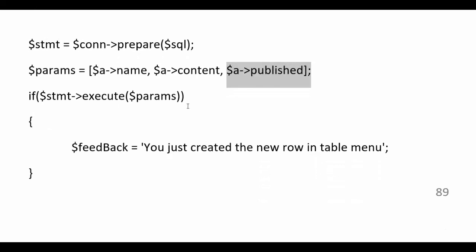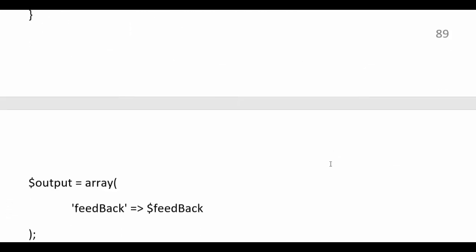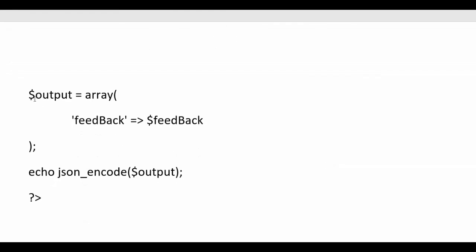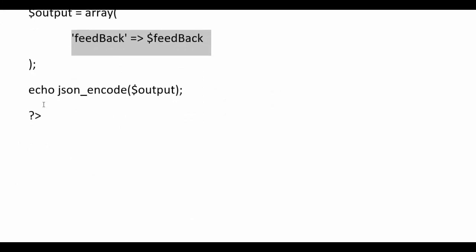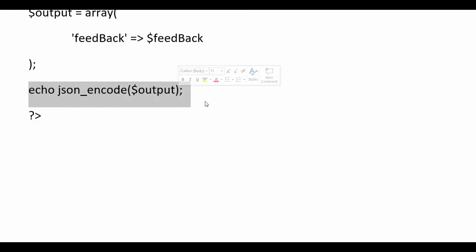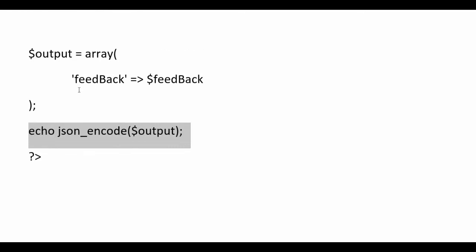And this statement execute, and if all is okay, feedback: you just created a row in table menu. Output array, and we must JSON encode also that feedback,